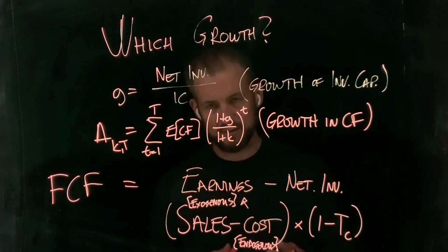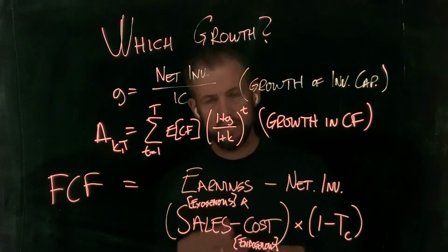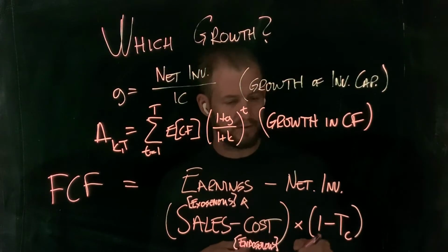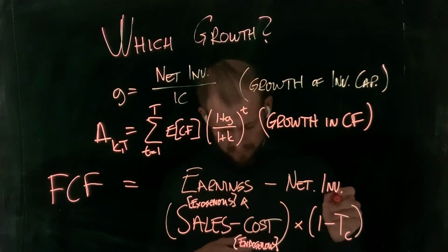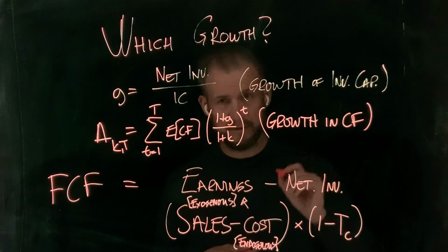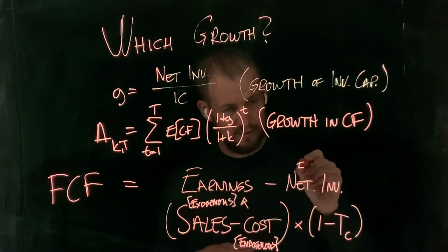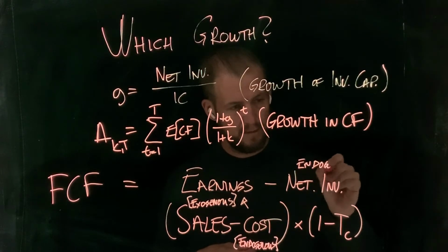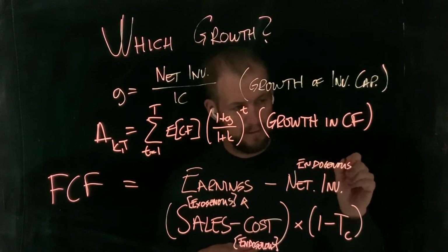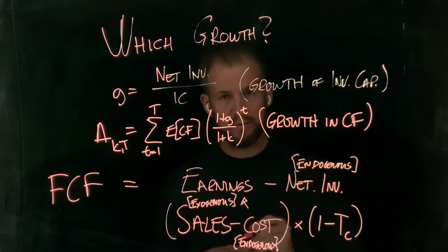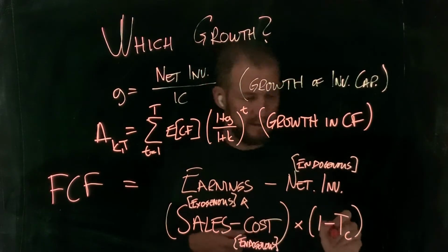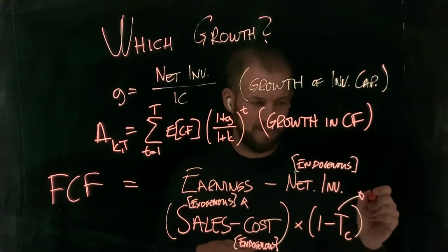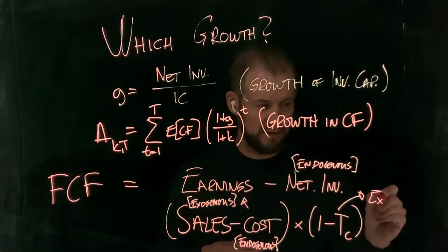Obviously, there is a limit to how much we can be frugal, but if we're frivolous or if we're overspending, we are in control of that. In terms of net investment, sure, endogenous. We decide how much we want to reinvest in our company. And then the final one here, the tax rate, yeah, that's exogenous, decided